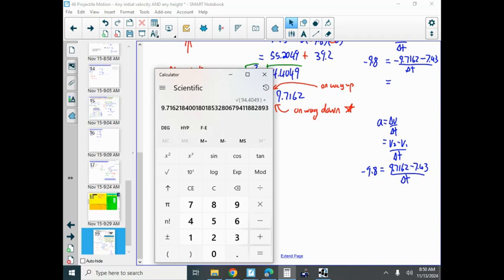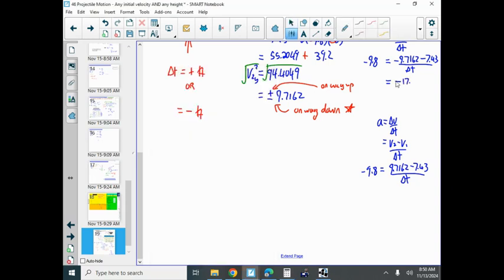And I want to subtract the 7.43. I thought I had a negative in there already, but I guess not. So 9.7162 and the 7.43 combines to 17.1462. Negative 17.1462 over,